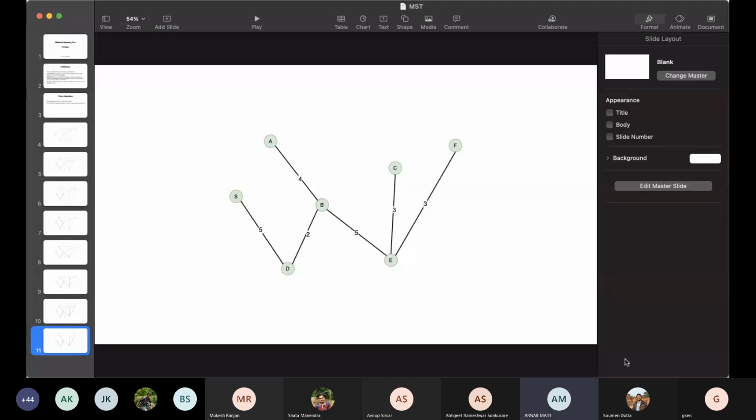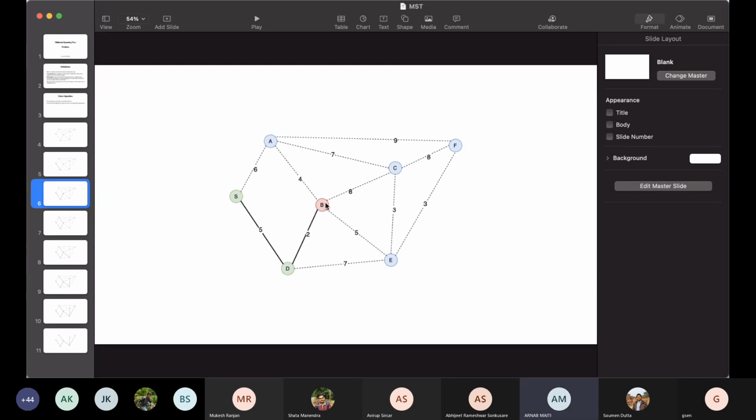Final tree is not visible. Okay, now it's visible. Okay. Yeah. Fine. The intermediate steps actually got skipped, I guess, because of time lag. Yeah, instead of playing, you can just go through the slides. That is visible. I think this is better, right? Yeah. This is better for this instance, actually.